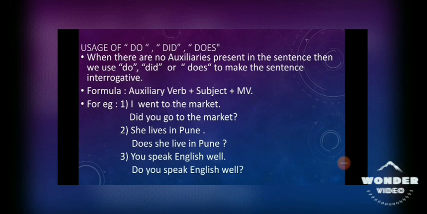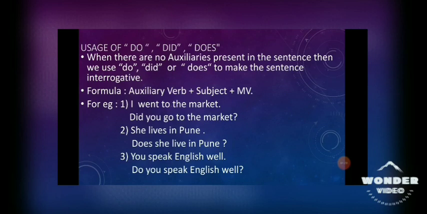Let's see. I went to the market. I is the subject, went is the main verb, to the market is the rest of the sentence. Now here in this sentence there are no helping verbs. Can you see is, am, are? No. Can you see was, were? No. Have they given in the sentence do, did, does? No. Have they given has, had, have? No. Have they given any of the modal auxiliaries can, could, should, might, whatever it is? No. Nothing is given over here, right? So how to convert this sentence into an interrogative yes or no type? Did you go to the market?